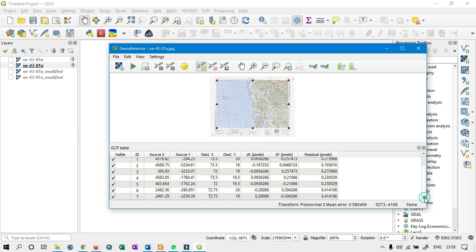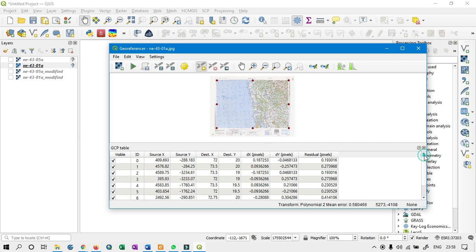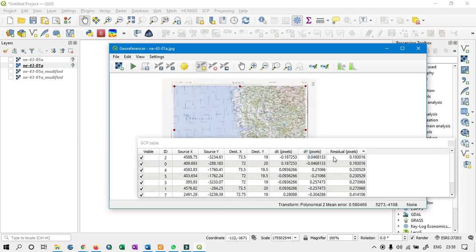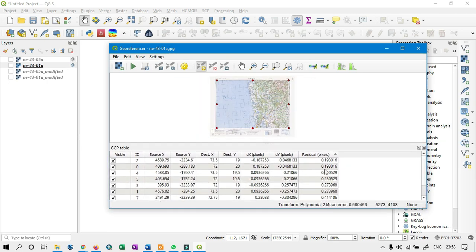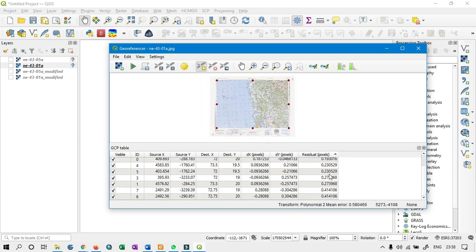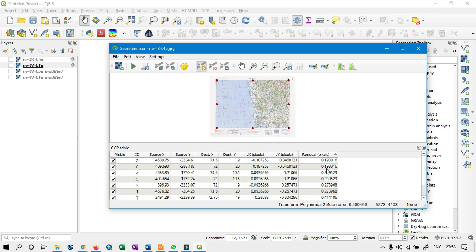Into the interface. Okay, so now the most important thing is that you have to check the residual values, or residual pixel values. Keep in mind that these values should be less than 1. The minimum values in the residual column indicate the higher accuracy level.